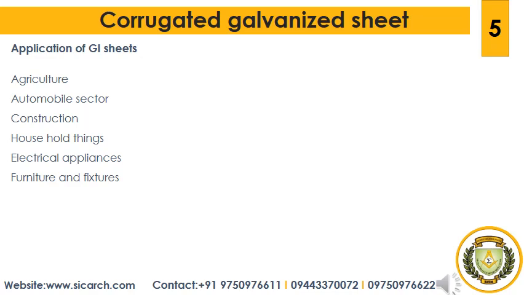GI sheets are used extensively in various applications. Some of the common uses are agriculture, like grain silos, sprayers, gamella pans and feeding troughs, and in the automobile sector it is used in car, bus and truck bodies, undercarriage work, air and oil filters, fuel and oil tanks, exhaust pipe. In construction it is used in roofing, sidewalls, partitions, panels, valley gutters, louvers, false ceilings, partition walls and decks, rolling shutters, highway bumpers, slotted angles, and painted coated products.